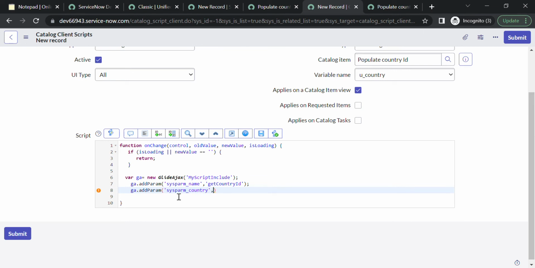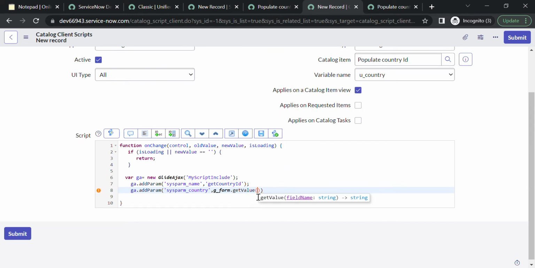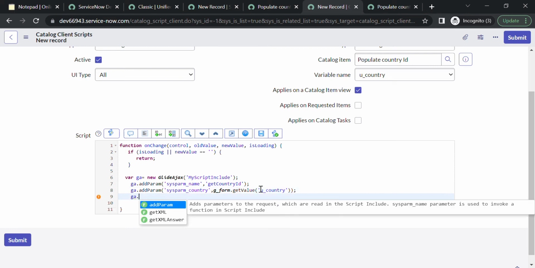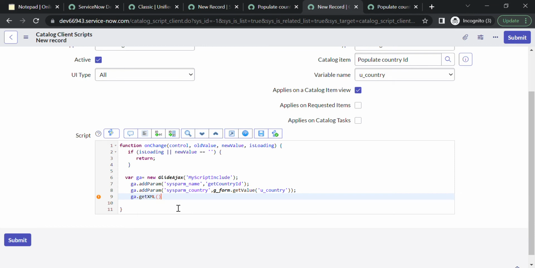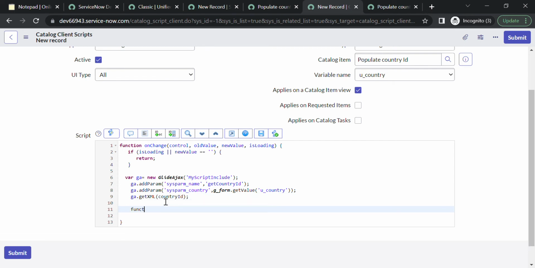Because we are passing the value of country, we can give country, and we can pass the value from the form, so form.get value, and the backend name of the country is country. Now we have to use the getXML method, and inside the method we have to use a callback function, that is country ID, we can give any name. Then we have to define this function